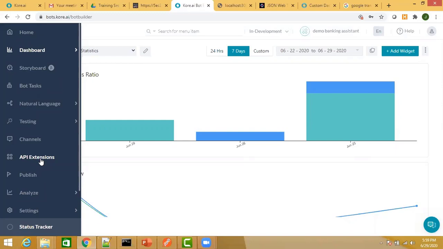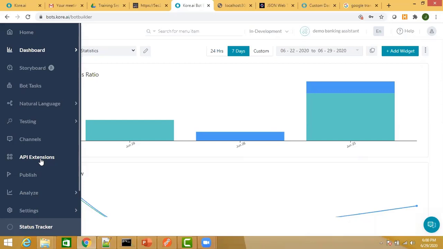Now, by default on our platform, as long as a dialog task is in execution, the account ID, the entity values, will be stored in the context. That means it will be available in that context. So later on in the same dialog flow, if you refer to that entity, it does not lose the value that the user has given. So that is available as long as that dialog task is in execution.